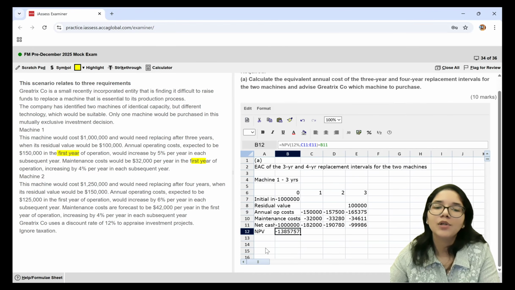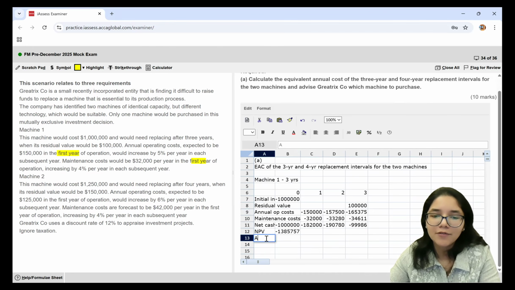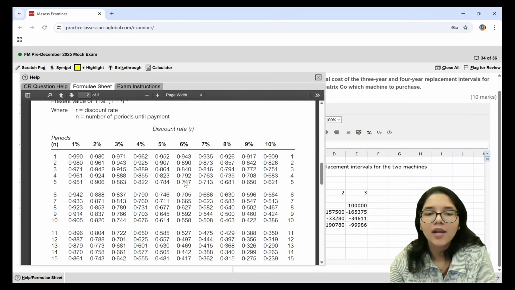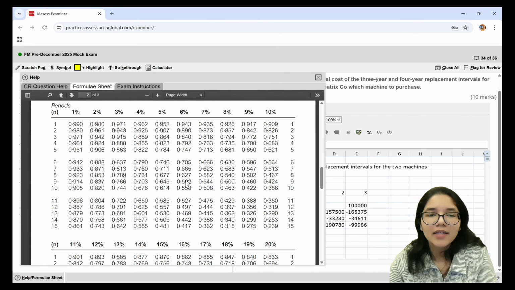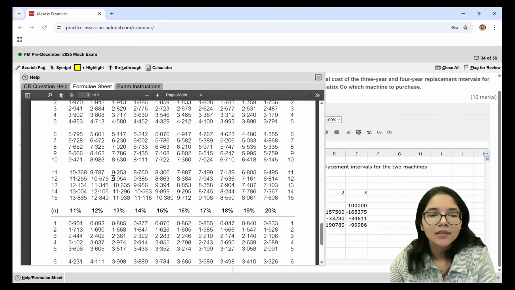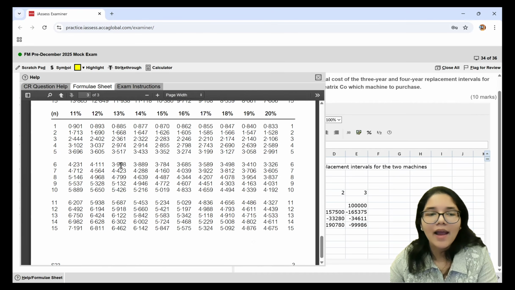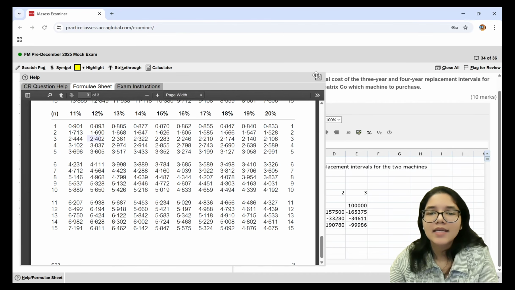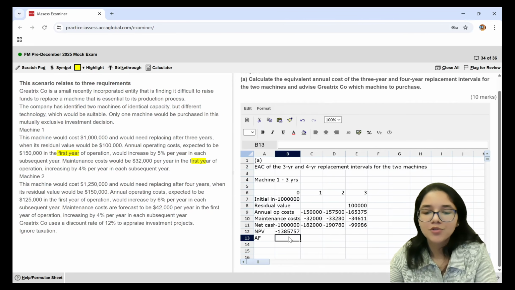So for the equivalent annual cost, I need to have the annuity factor. For that, I can go to the annuity tables, formula sheet. 12% is the cost of my capital. This is the table for 12%, and for a period of 3 years, 2.402. This is the annuity factor that I'm supposed to use. So this is going to be